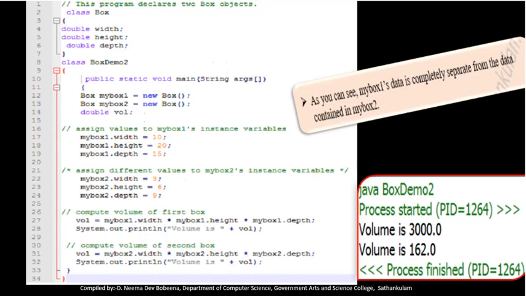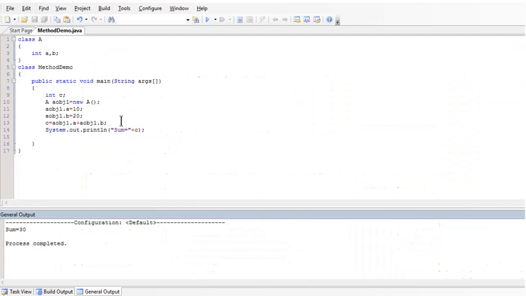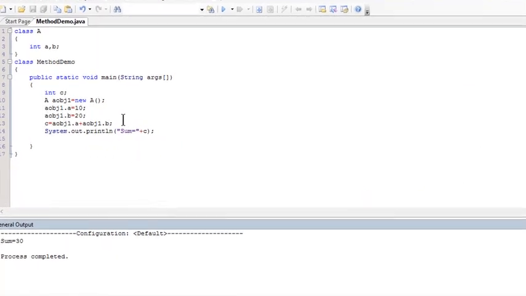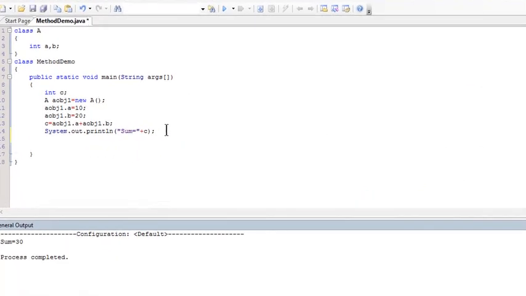Now in this example we can see there are two objects. We'll modify our example. So now we are going to create one more object, like this, and another object, aobj2. So it will create another object.